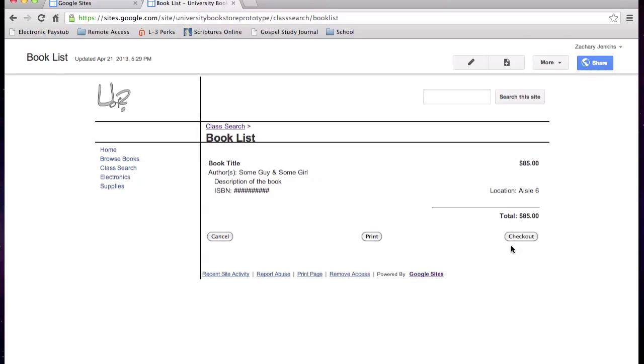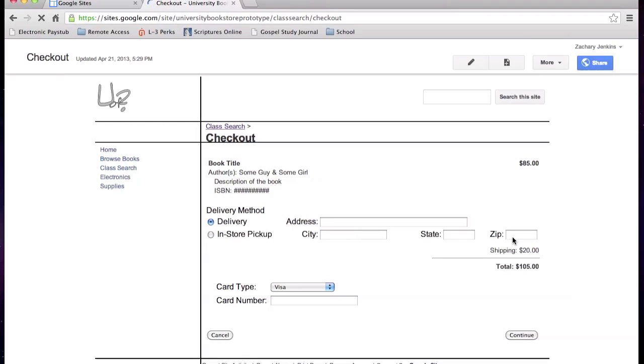If they're doing it from home, we can just click the checkout button, and again you still see the same information at the top about the title of the book, the cost, but we can also select whether we'd like it delivered to our home or in-store pickup. We can also put in our credit card information and pay for it. If we click continue, we can see where they would be able to review their order. It has the delivery auto selected, everything is disabled. And then if we submit,